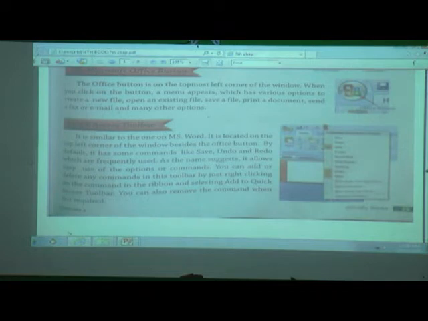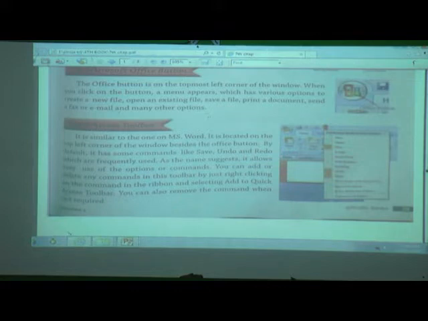Now, quick access toolbar. What is the use of quick access toolbar? It is similar to the one in Microsoft Word. We discussed Microsoft Word also, and in that, quick access toolbar is there. Remember? Yes, good. We can say it is the shortcut of the new, open, save, email, undo, redo.